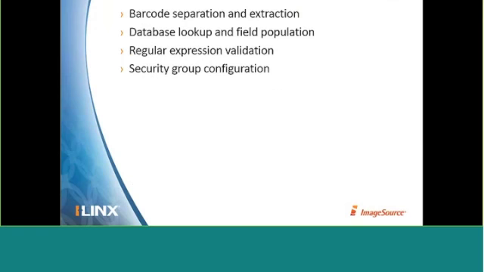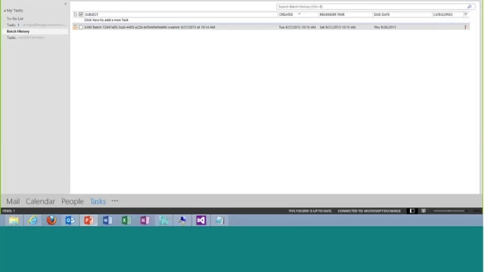Okay, it's time for a demonstration. I want to tell you real quickly what I'm going to show you. Four things. We're going to start with configuring barcode separation and extraction. Then we're going to configure a database lookup and field population from the database. And then just really quickly, we're going to put in a regular expression, and I'll show you how we would set up a couple of different security permutations. So let me switch over